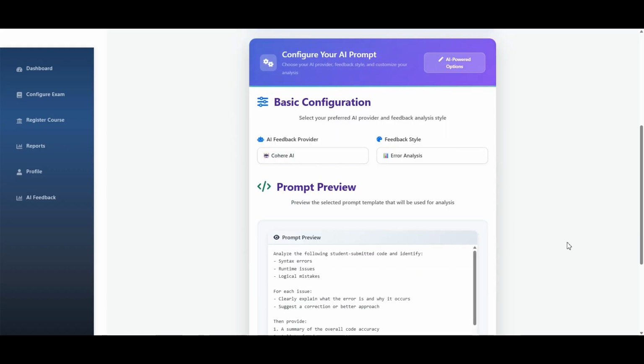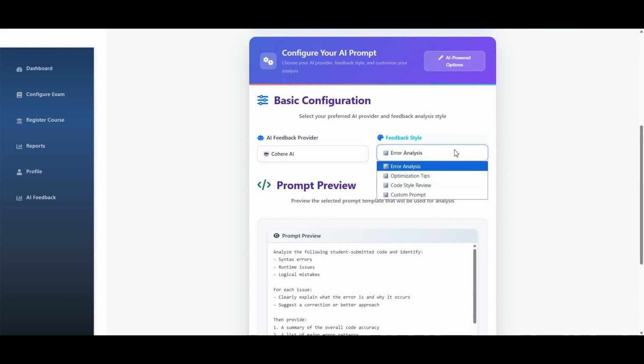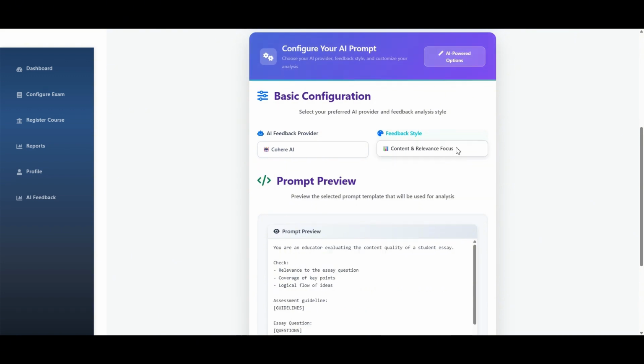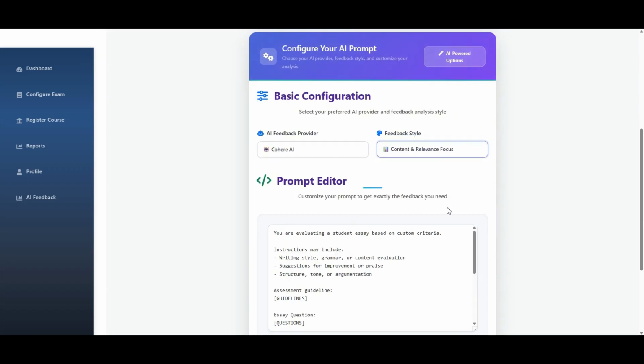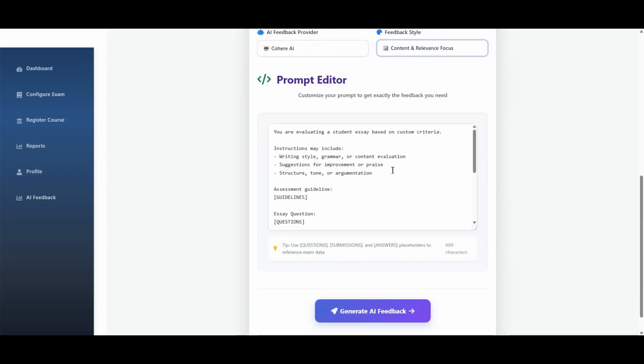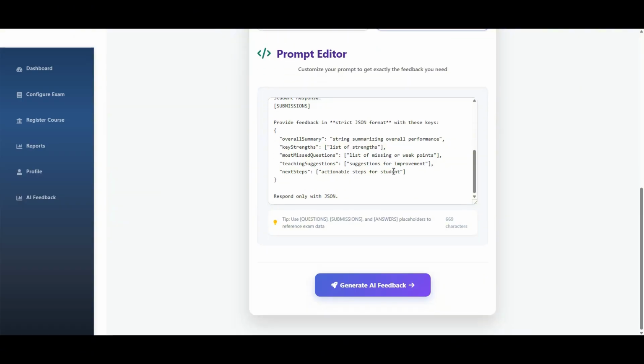For code exams: Error Analysis, Optimization Tips, Code Style Review, and Custom Prompt. For essay exams: Content and Relevance Focus, General Essay Feedback, Technical Accuracy and Completeness, and Custom Prompt. If the Custom Prompt option is selected, the teacher can enter their own prompt, giving full control over how the